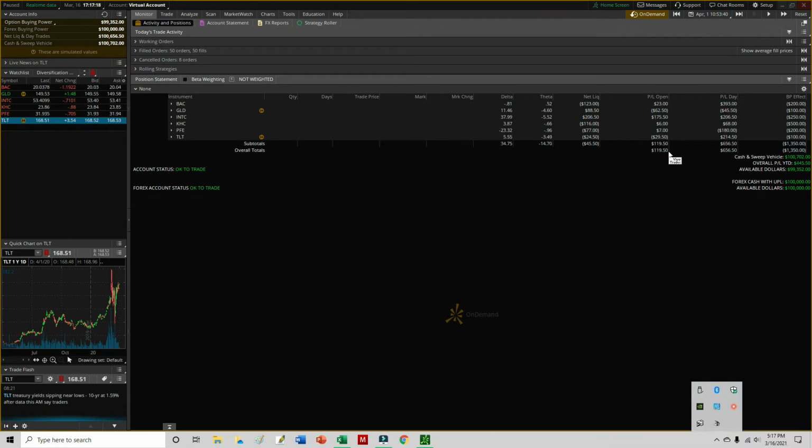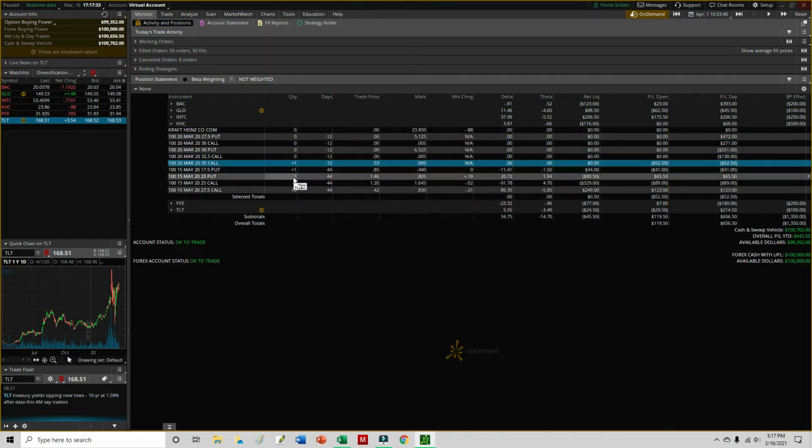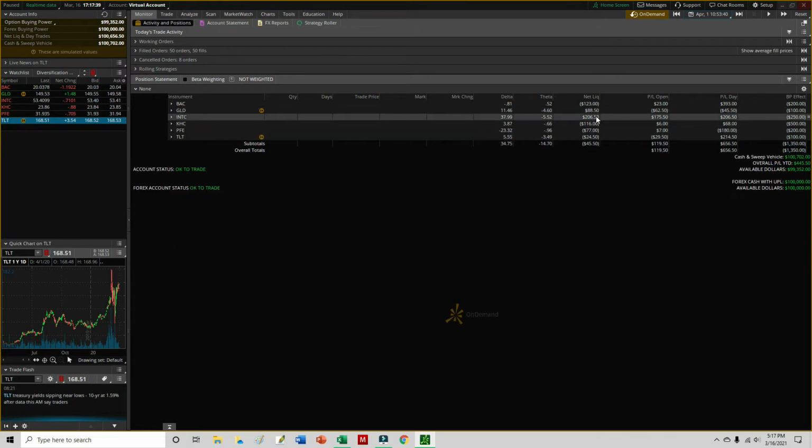All right, so it's loaded up, and you can see it looks like it did pretty good here on Intel, so we probably want to close that position. Nothing else looks like we need to close, although Kraft Heinz did pretty well also, because it looks like it was able to overcome that trade that is now